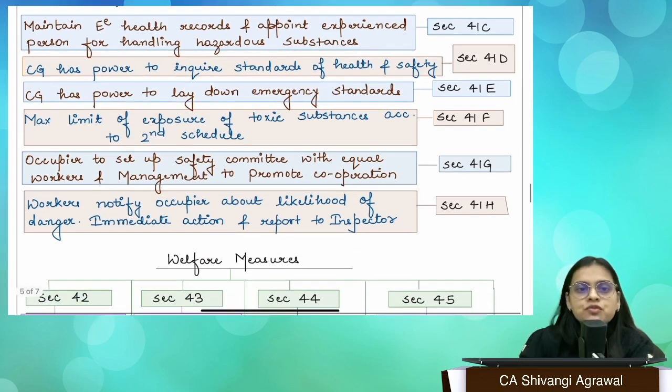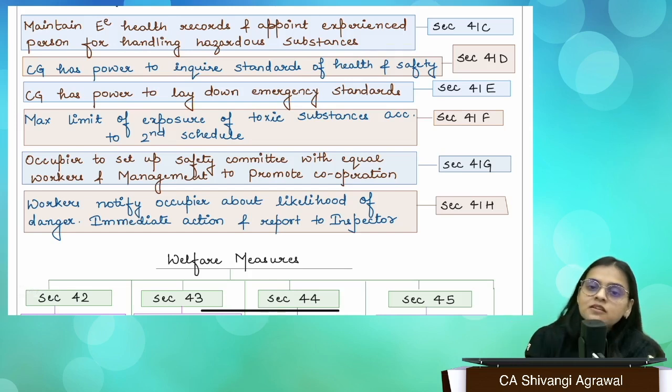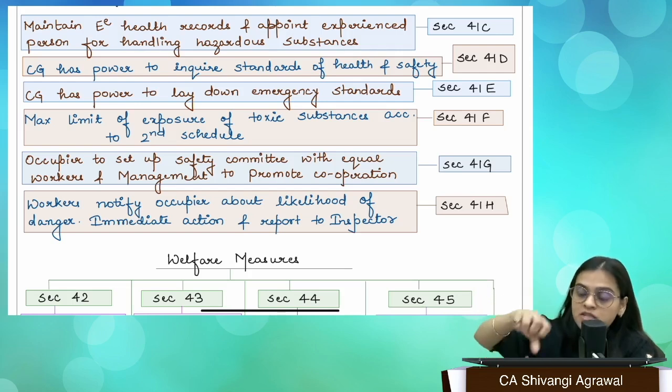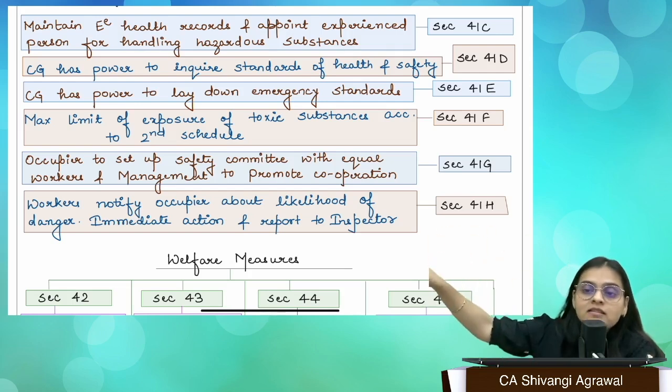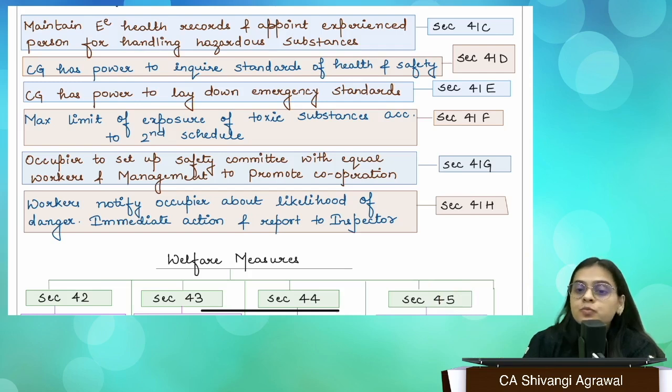Then we have section 41D, where we talk that, okay, central government has been conferred the power to appoint an inquiry committee. So if there is an extraordinary situation which happens in such a factory which involves hazardous process, CG has the power to appoint an inquiry committee that go and inquire into the health and safety of this particular factory. Are they observing this or not? And if any failure or any negligence is discovered, then they are going to be adequately punished, right?